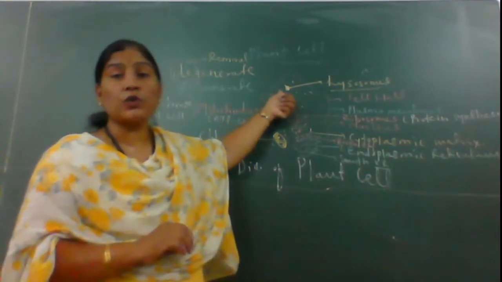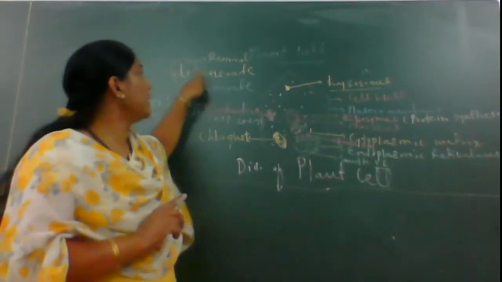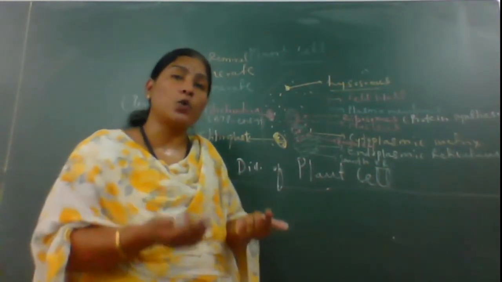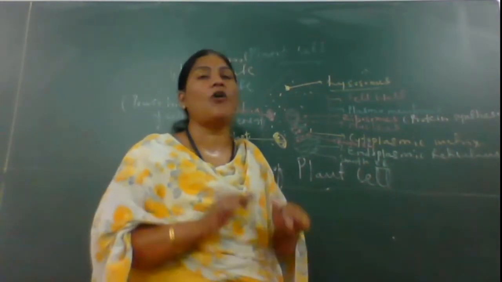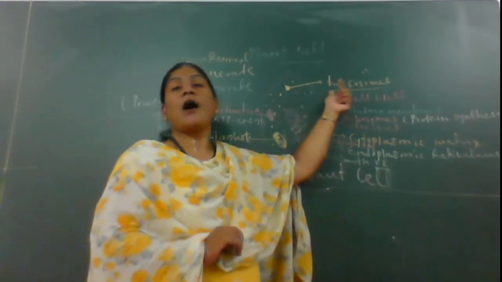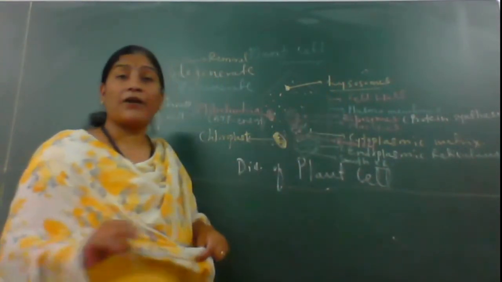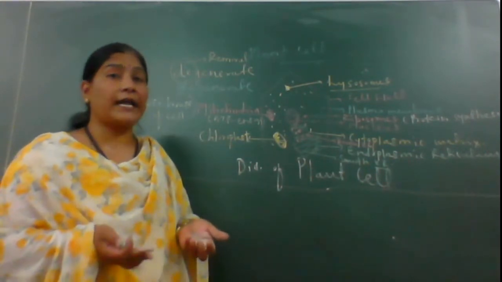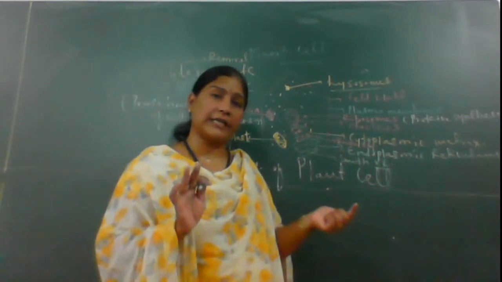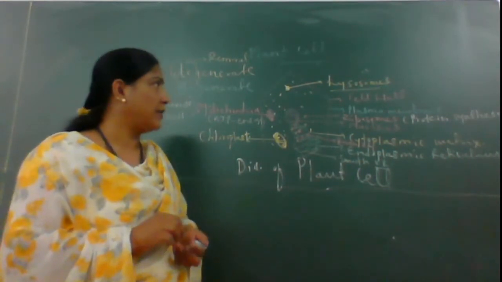Okay, so lysosomal bodies, or these lysosomes, have the ability to degenerate the older cells and provide space to newly formed or regenerating cells, and that's why these lysosomes are called the suicidal bags of the cell. Because of the presence of various enzymes, they can degenerate the older cells and provide space for newly formed cells.